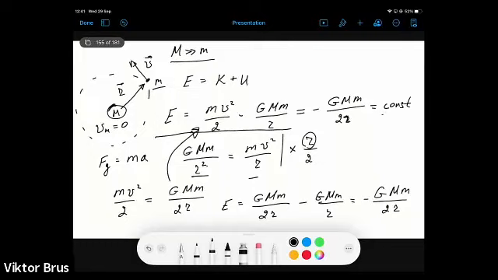So that means that the total energy of the system, potential plus kinetic, before and after some changes, for instance in the radius of orbit or the mass of the object which is following this circular orbit, should remain constant. And that's why we can write here, for instance,